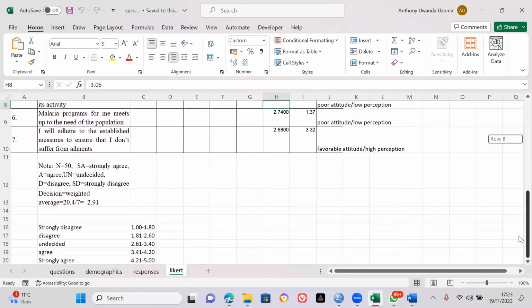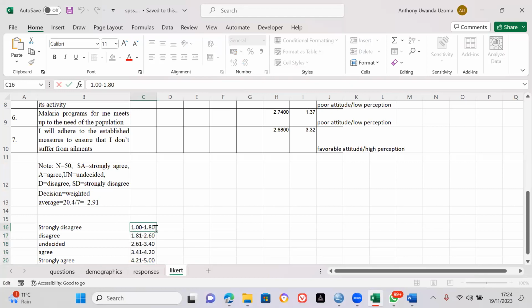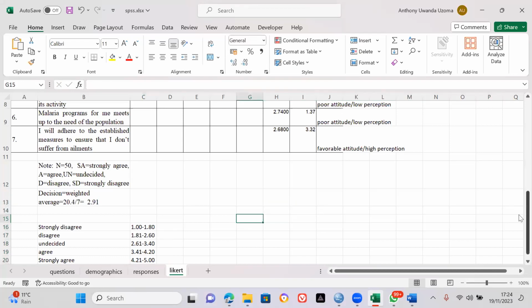The first way, which is normal, which you see in publications, is that this 5-point scale is divided into 5 groups. So we assume that anything between 1 to 1.8 is strongly disagree, and then anything between 1.81 to 2.6 is disagree, 2.61 to 3.4 is undecided, 3.41 to 4.2 is agree, and then 4.2 to 5 is strongly agree. So then based on this, you can now categorize